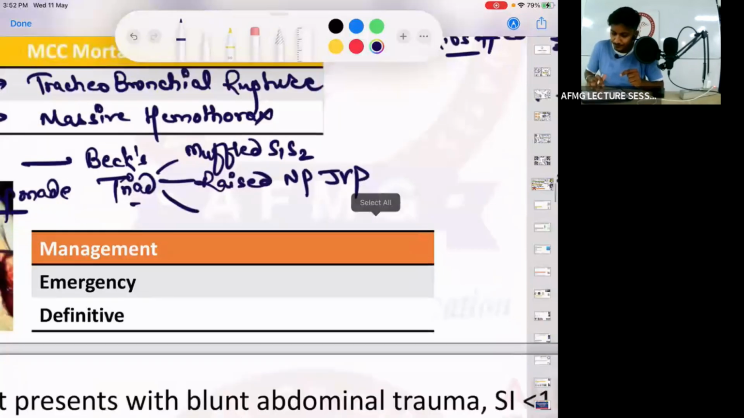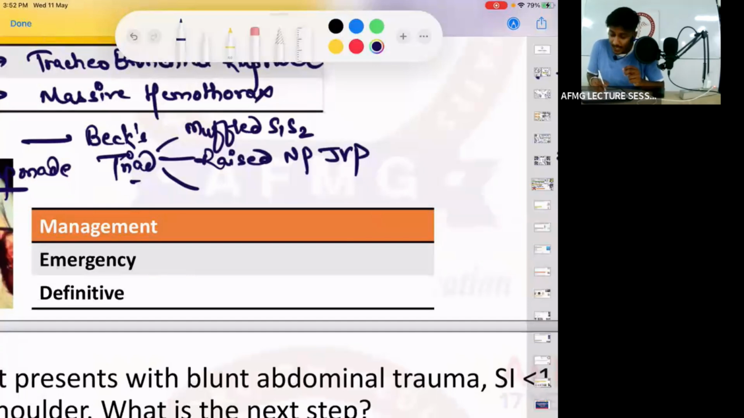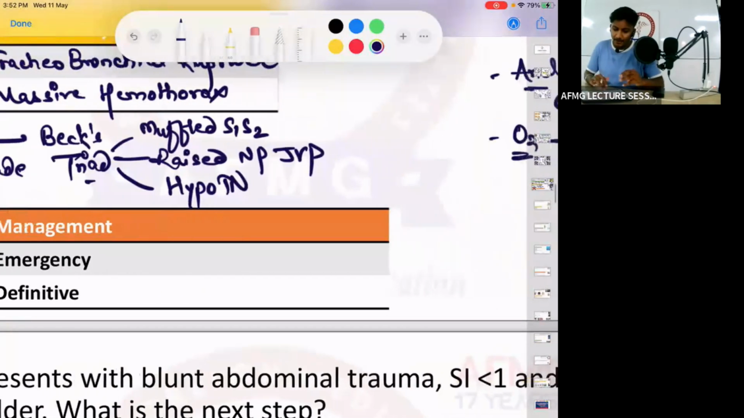And the third is hypotension due to compression of the inferior and superior vena cava, decreased venous return, decreased cardiac output, decreased blood pressure. ठीक है? So three features of Beck's triad. जल्दी से first is, second is, and third is. Then if I talk about management, emergency management of cardiac tamponade is done by